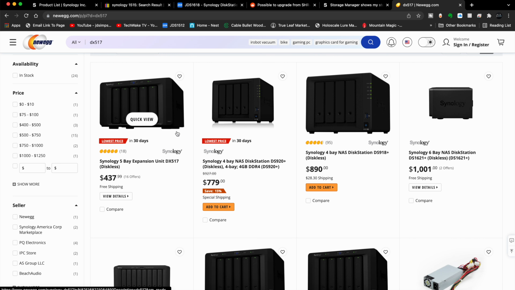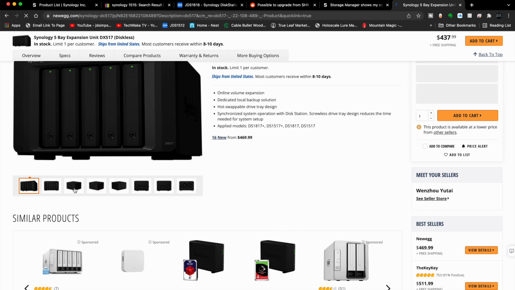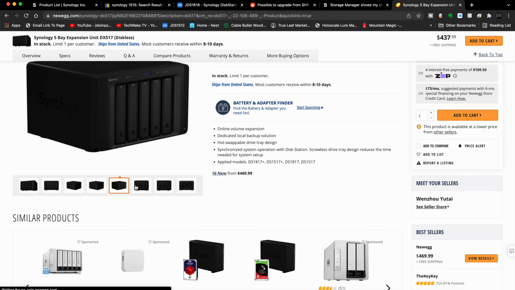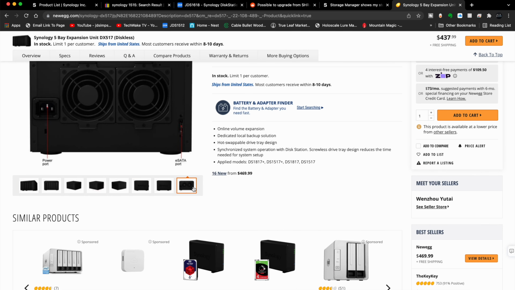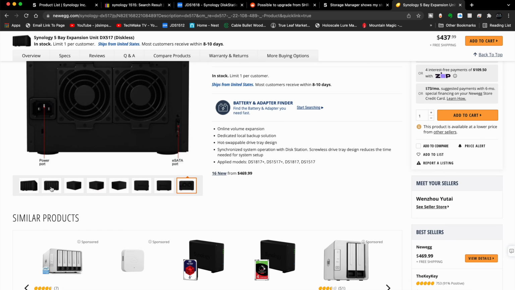This would allow your 2-bay drive to plug into this large expansion unit, and it plugs in right back here. Let me find the back plane. Yeah, here's your expansion unit. You can see on the bottom right of the screen, eSATA port. So your small 2-bay drive would plug into that hole right there, and you could do one of two things.